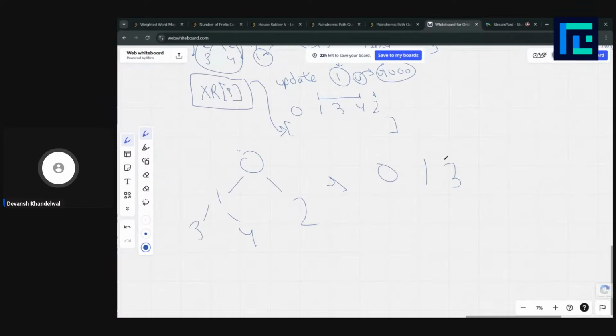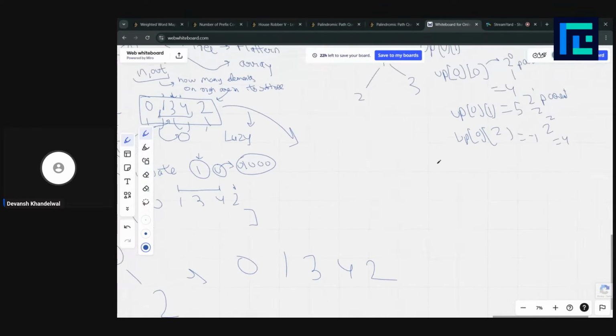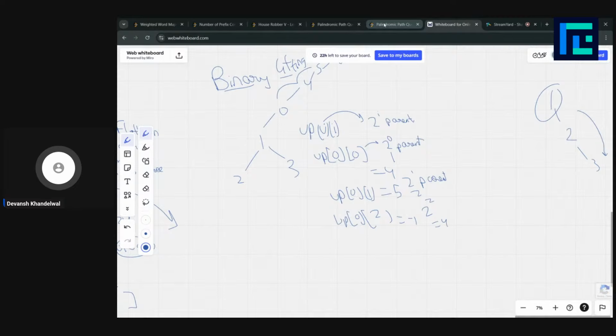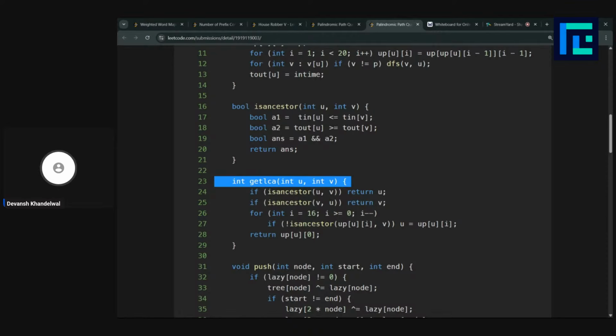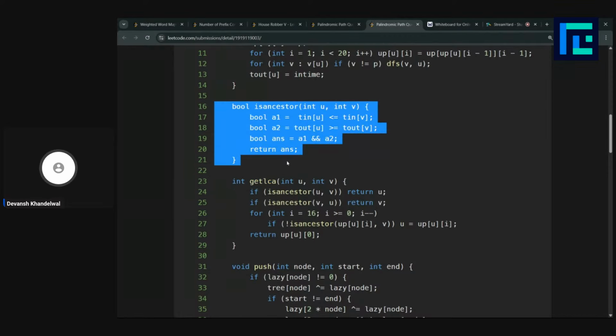Yeah, this would be 0, 1, 3, 4, 2, I think. And we also have an in and out for each. So then what we do is for each ancestor, you know what this means. This means that the 2 to the power ith ancestor, 2 to the power ith parent of the u-th node, we check if this is the ancestor of v. If this is the ancestor of v, basically update the u value. So this is again a classic way to get the least common ancestor, and this is where we are calculating